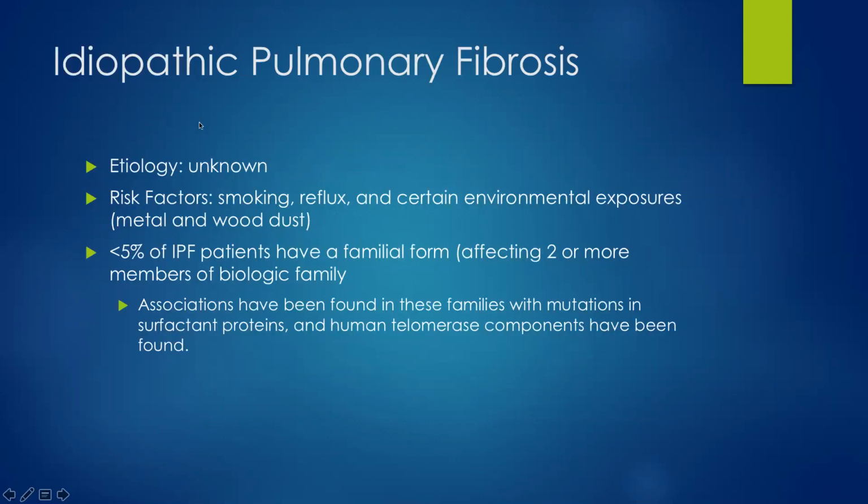So let's start with IPF. Let's start with the really bad one, and then we'll go from there. So idiopathic pulmonary fibrosis. Have you guys heard about that? Right. So it's idiopathic, therefore we do not know what causes it. There's certain risk factors, smoking, reflux, environmental exposures to some things. We don't really know, right? There is a familial form. It's very uncommon, but there have been certain case reports of people in the family who all keep getting IPF. They found some mutations at the surfactant proteins and human telomerase. Does anybody know what human telomerase is? At the end of DNA.